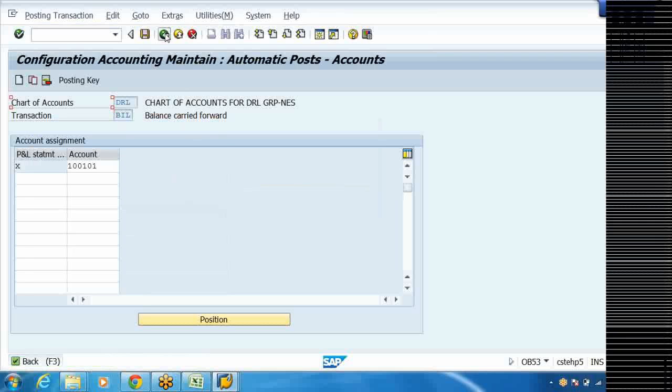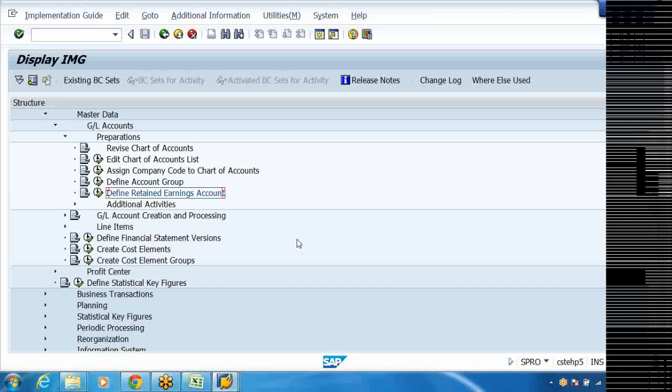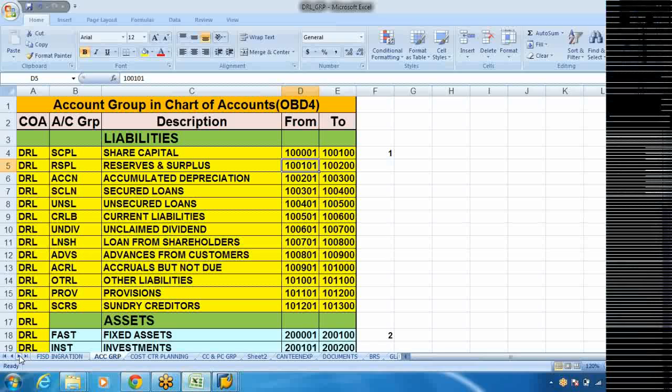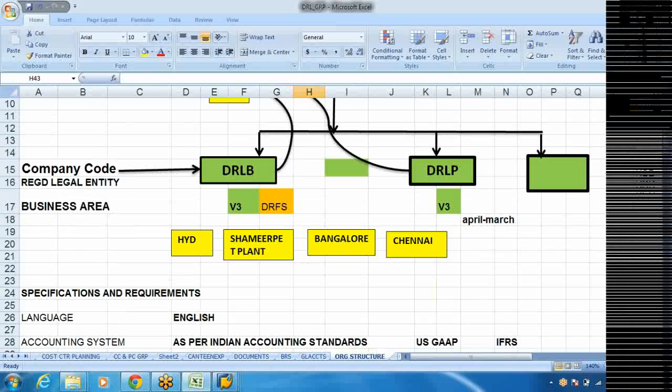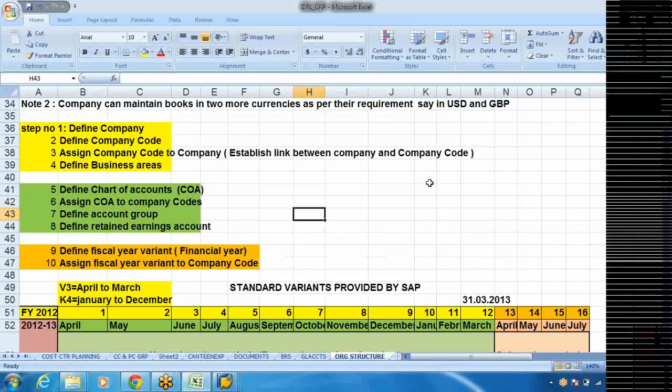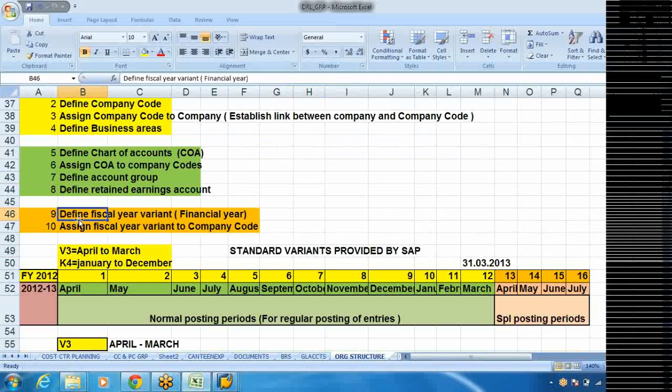Don't get stopped here. Most of the students said, sir, I tried to create it, the system is giving a message, that's why I have not gone ahead. But don't stop here, just ignore the warning and go ahead. So now 8 steps we have completed. Right, now the 9th step is nothing but retained financial year, that is define fiscal year variant, assign fiscal